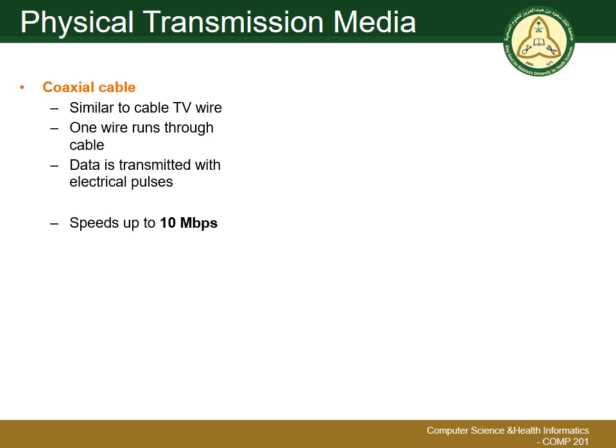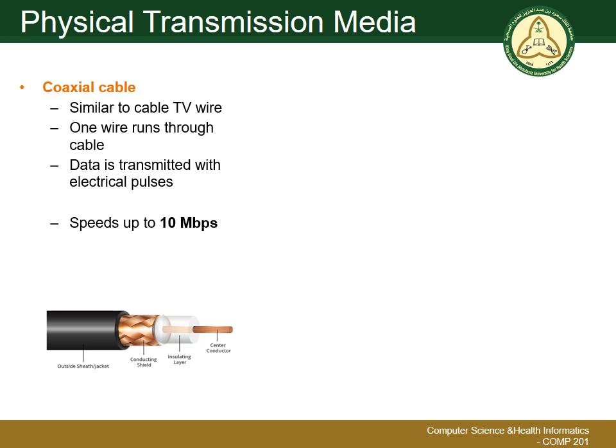Coaxial cable is basically a copper wire shielded or covered with an insulator, then another shielded cover, then another cover called the jacket, and data is transmitted with electrical pulses. The electrical pulses speed up to 10 megabytes per second, and as I said here, this is the center conductor,